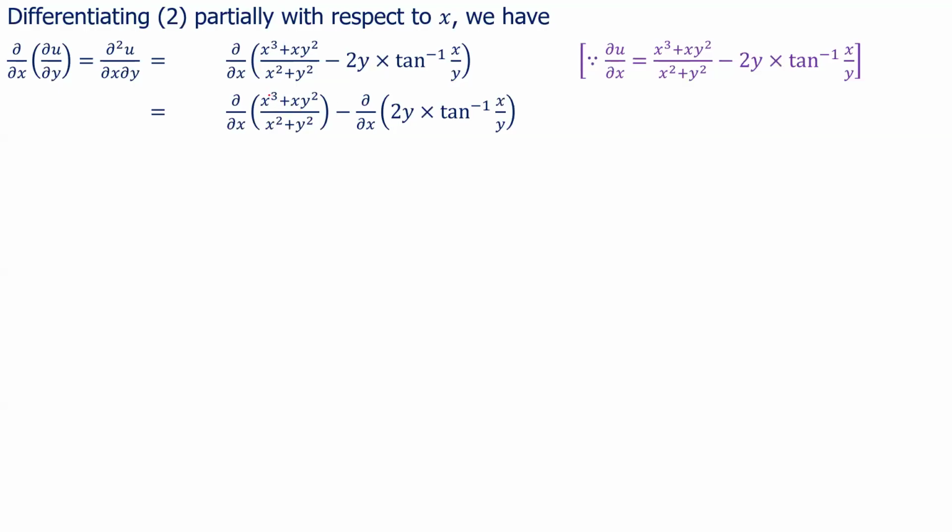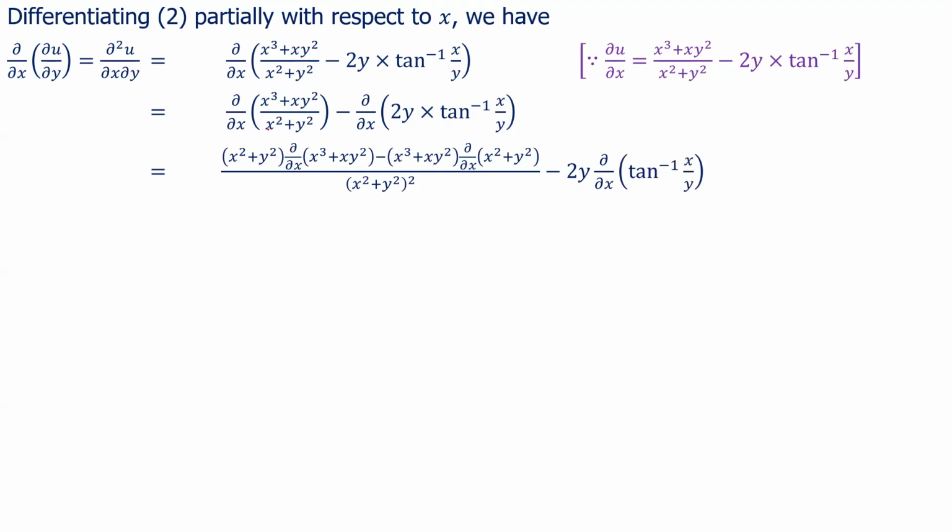Since the numerator is a function of x and the denominator is also a function of x, and if you want to find the derivative of a function in the form of u by v, then we use the u by v rule. And similarly here, this 2y is constant, we can take it outside. So we directly find the partial derivative of tan inverse of x by y with respect to x. So now here, how to use the